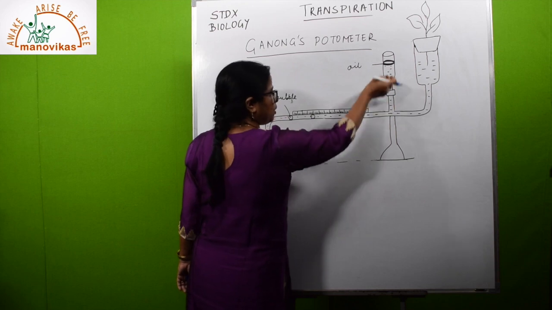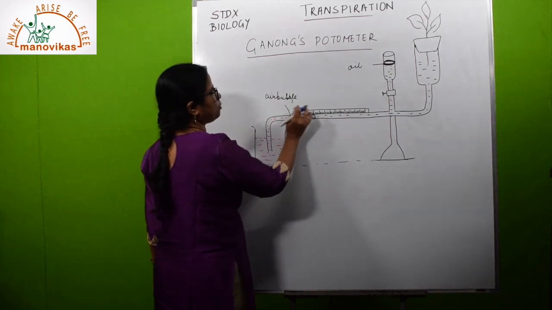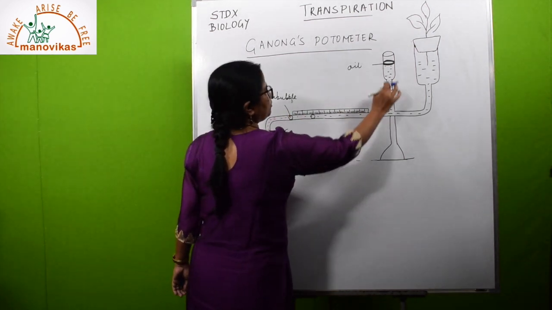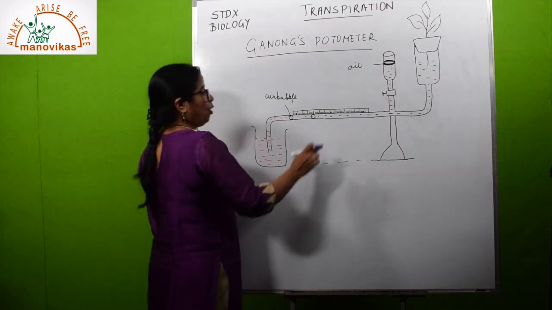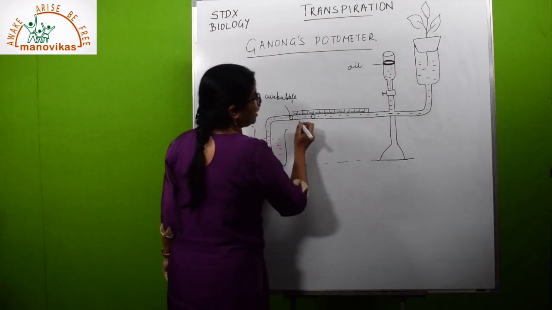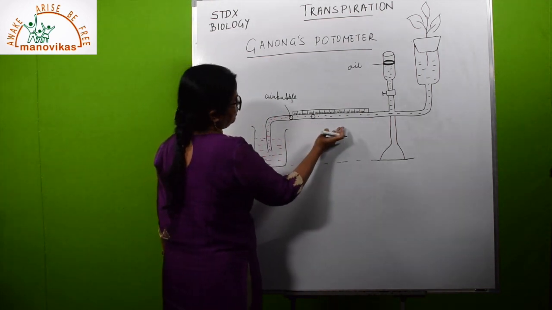Now, what is the role of this stopcock here? When you open the stopcock, the air bubble restarts the experiment. We want to bring it back to its original position, so we can restart the experiment. Water will go back downwards. Now, you can also be asked, why is this a graduated scale? To study the initial position and final position.